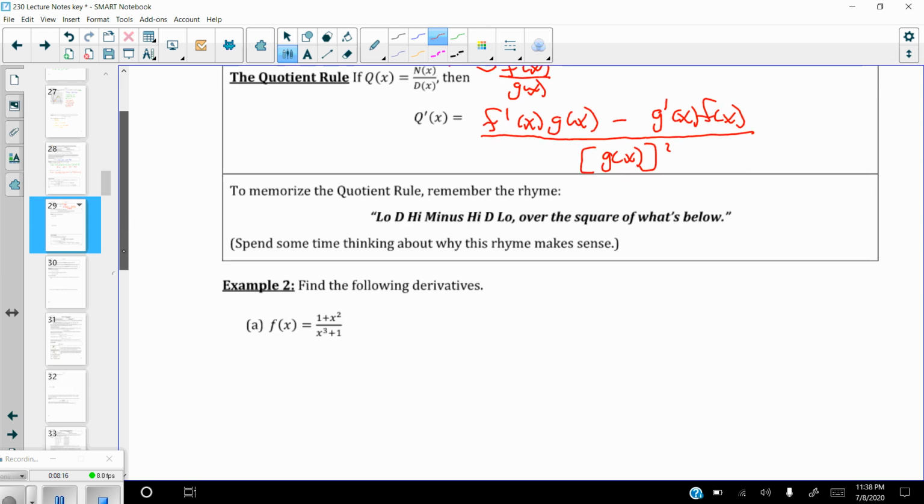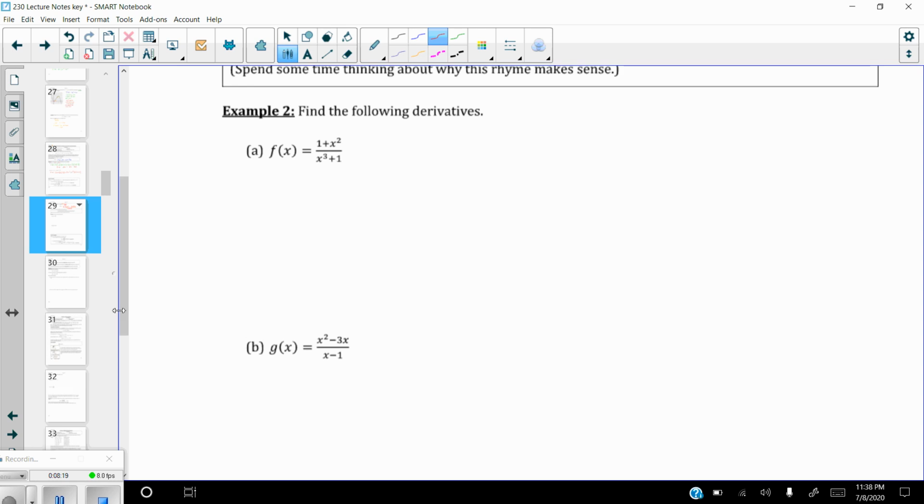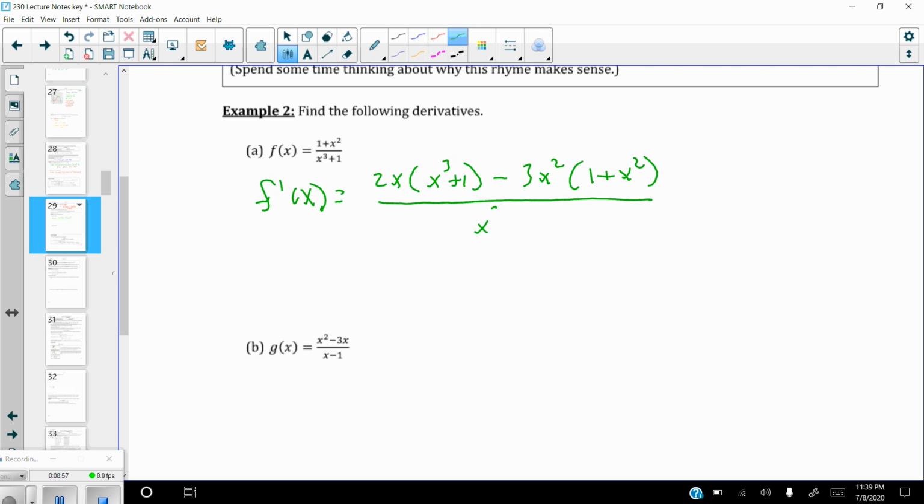Letter A. Want to find the derivative of f of x, which is 1 plus x squared over x cubed plus 1. Okay, so f prime, it is a quotient, so it's the derivative of the top, which is 2x, times the bottom, x cubed plus 1, minus the derivative of the bottom, which is 3x squared, times the top, 1 plus x squared, all over the denominator